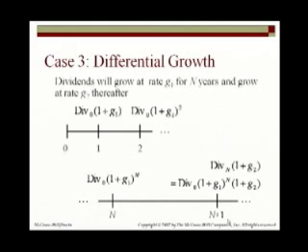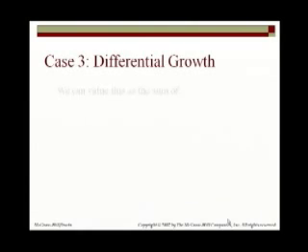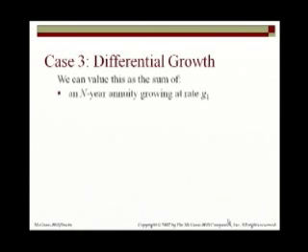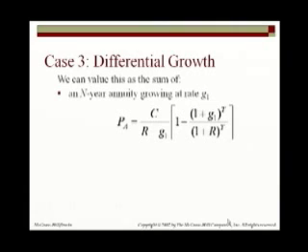So we can first calculate the value of this annuity as the present value of its two pieces: the piece that grows at the rate of G1 and the piece that grows at the rate of G2. Here's the present value of the piece that grows at the rate G1. It's just an annuity that's growing for a period of T years, and that's the formula that we saw back